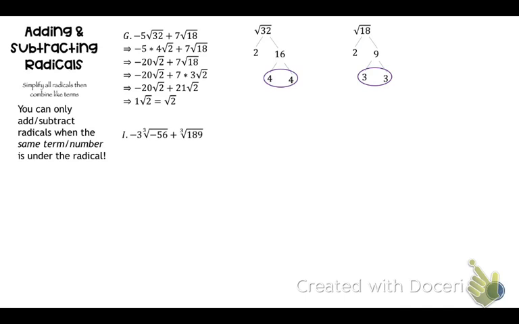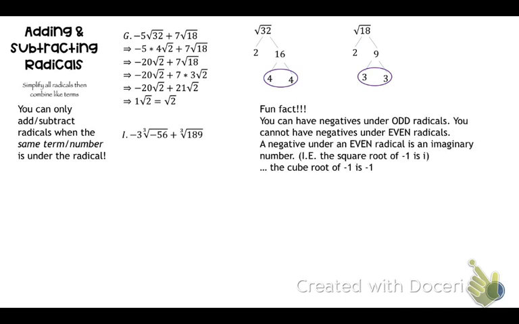Okay, let's look at this one. So let's break it down first. Fun fact, you can have negatives under odd radicals, but you cannot have them under even radicals. Under an even radical, it's an imaginary number. So the square root of negative 1 is i. But the cube root of negative 1 is negative 1. Okay, so if we have the cube root,